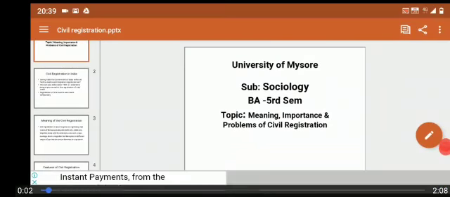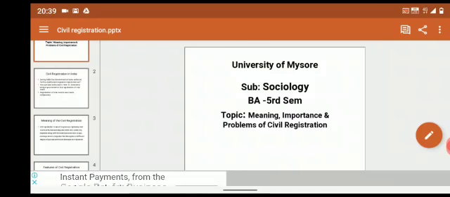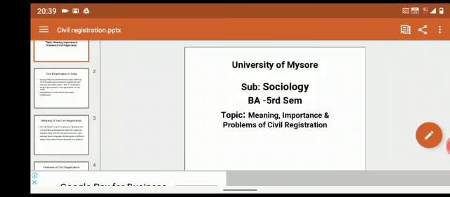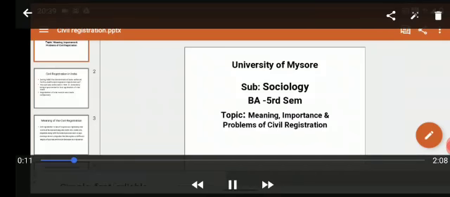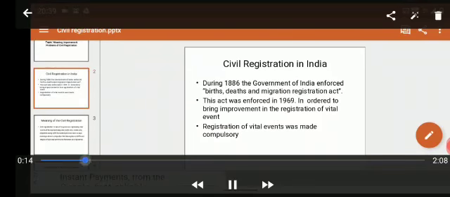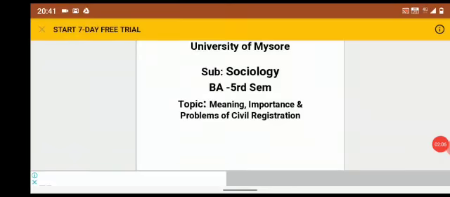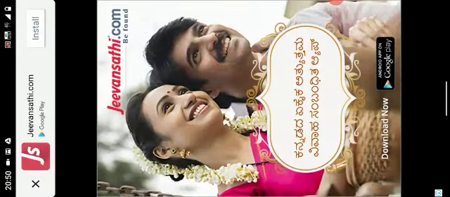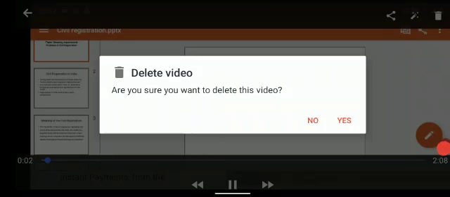Friends, I'm going to talk on civil registration in India. Topic is meaning, importance, and problems of civil registration in India. Friends, I'm going to talk. Friends, I'm going to talk on